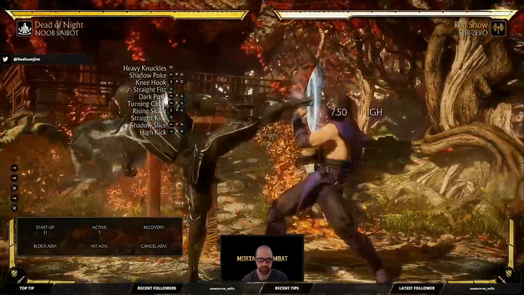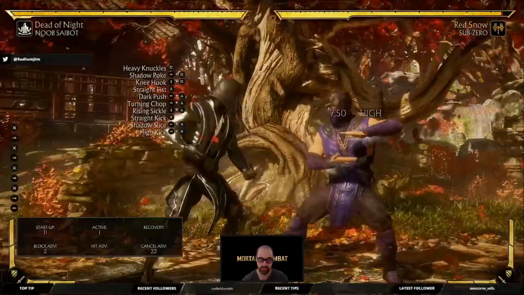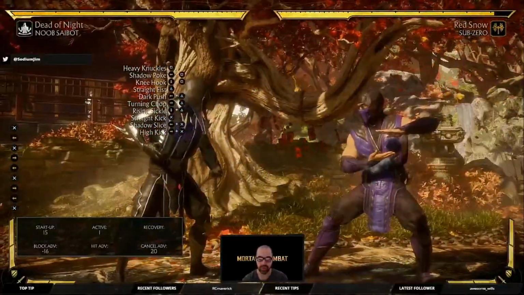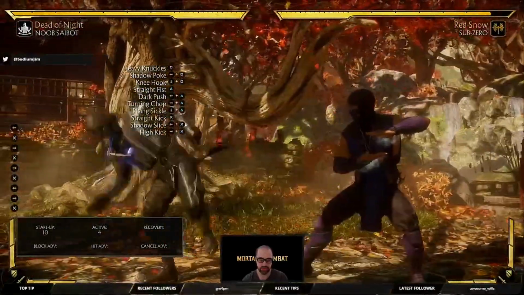Straight kick. High, that actually puts him in plus, so that's a good frame trap. The low sickle is -16. It does move him away, but you can definitely punish that with a back 3, I think, as Sub-Zero. And then the high kick, that has a very...